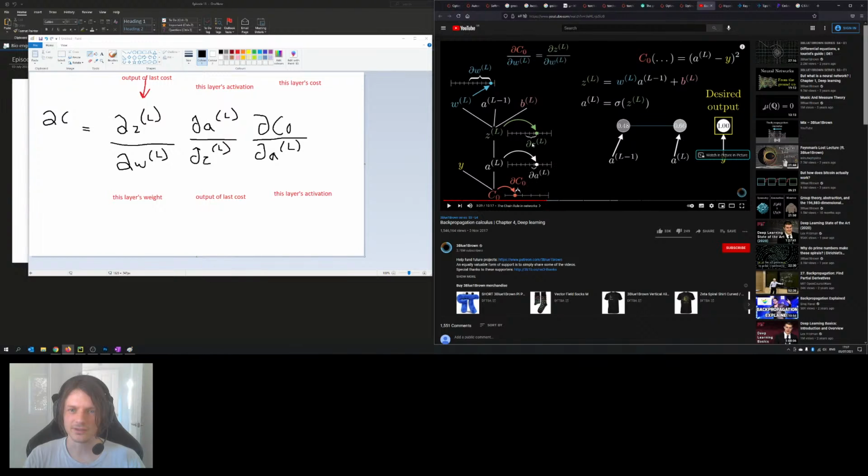Let's listen to this. So derivative of ZL with respect to WL. Likewise, you then consider the ratio of the change to AL to the tiny change in ZL that caused it, as well as the ratio between the final nudge to C and this intermediate nudge to AL. The final nudge to C as a ratio of